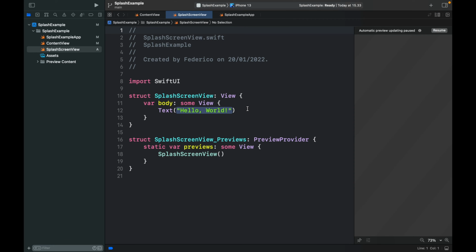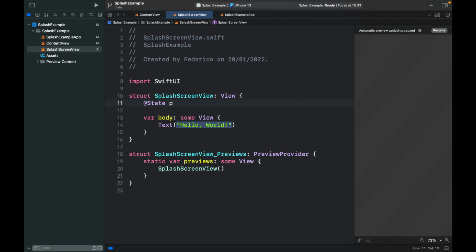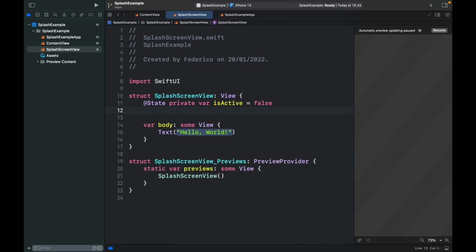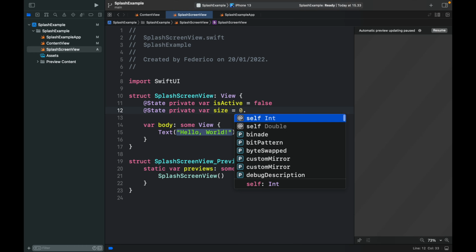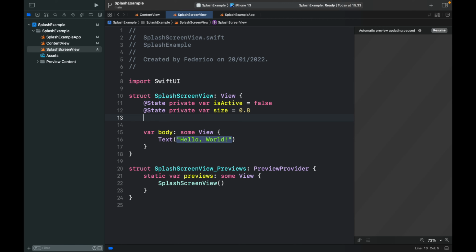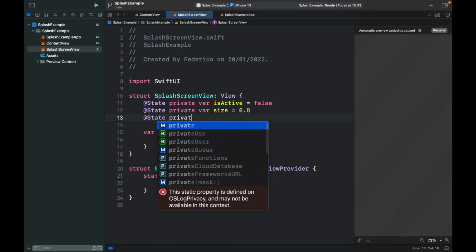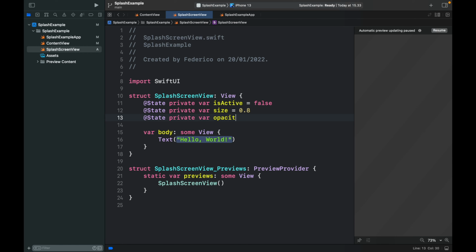Now inside here, we want to go ahead and create a few state variables. So @State private var isActive, and that's going to tell the program whether the splash screen is active or not. And we're going to have that set initially to false. Then since I want to add some animations, we're going to create a private var size variable, which will be set to 0.8 initially, so we can expand that slightly. And we're going to do the same thing for the opacity. So @State private var opacity will equal